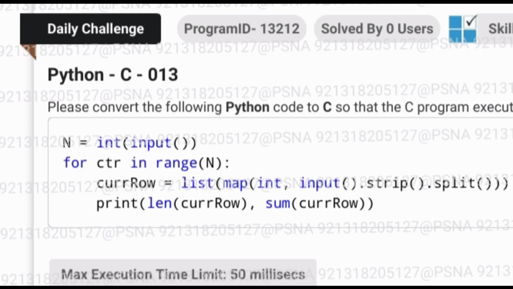So we are given a Python code in the question. Our task is to write an equivalent C program for the given Python code. So here in the given Python code, first we can see that we are accepting an integer n as input,